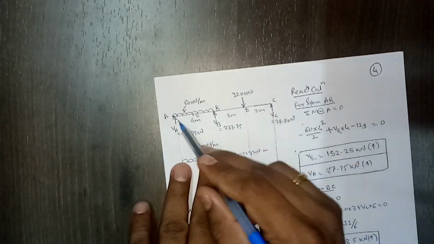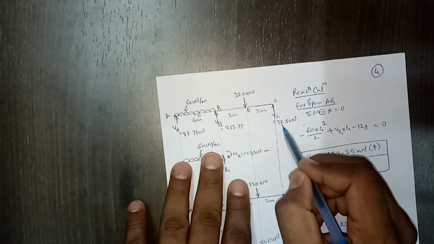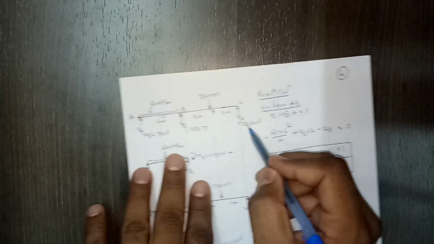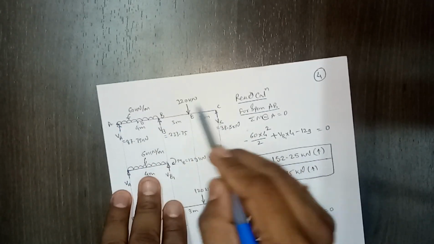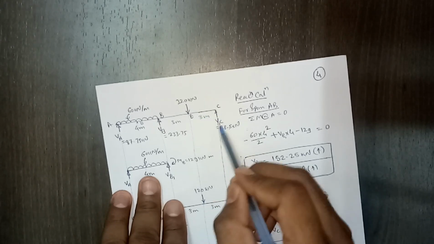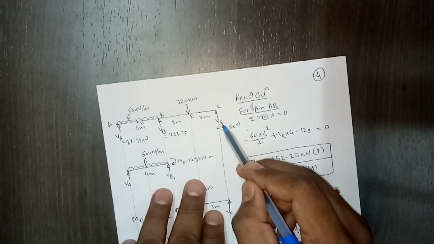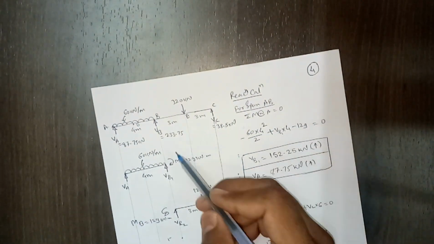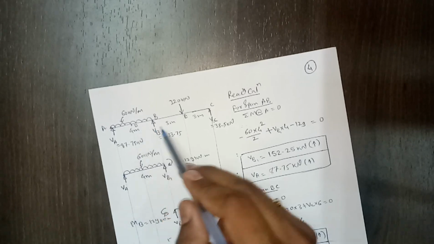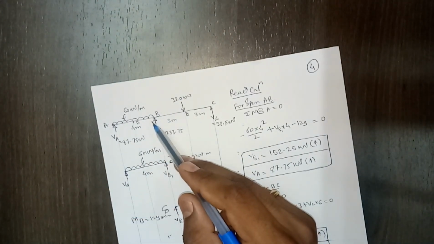So I have just redrawn that beam. Here this vertical reaction, though I have calculated and then substituted this value, but initially you can assume they are unknown. So I have just redrawn the beam, and then I'm writing this as vertical reactions VA, VB and VC. Now unknowns are VA, VB and VC. So for that, what we can do, we have to plot a free body diagram. Please understand, now we are plotting the free body diagram, not the released beam.